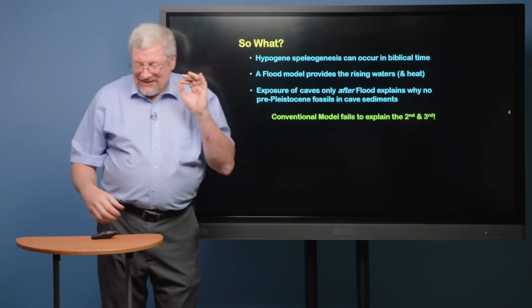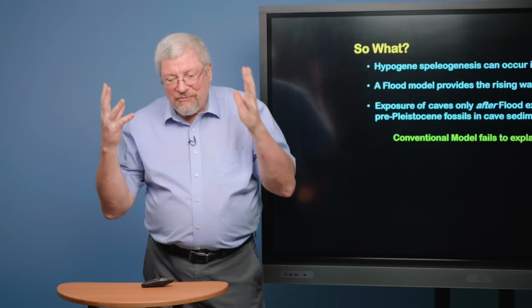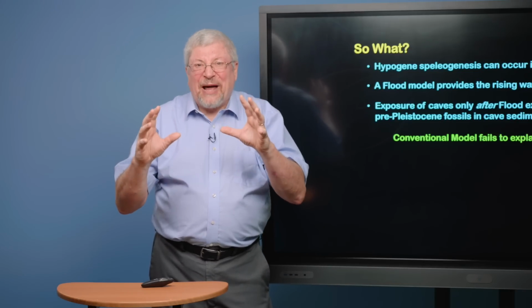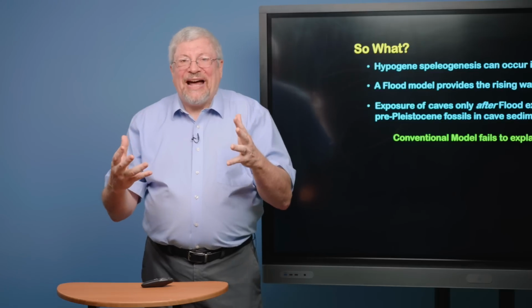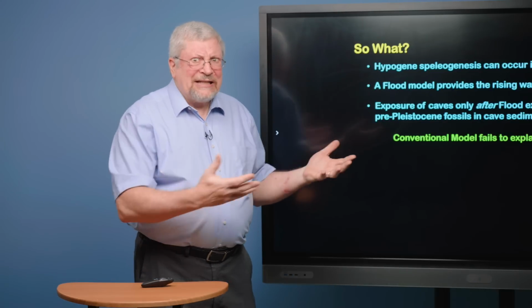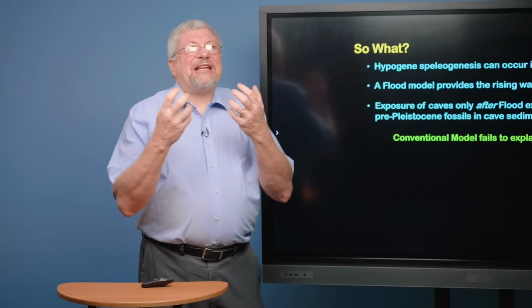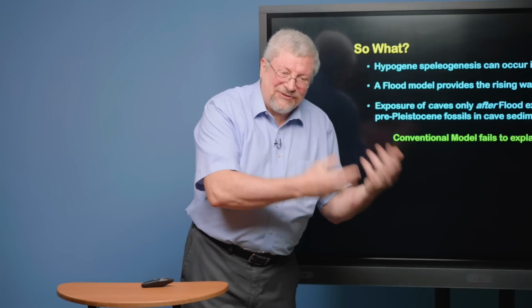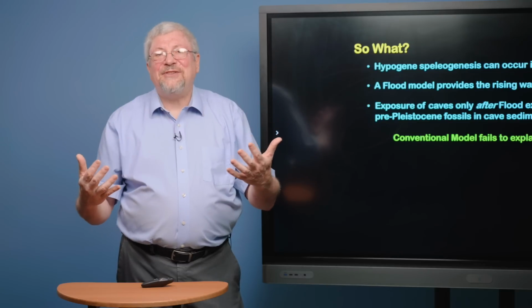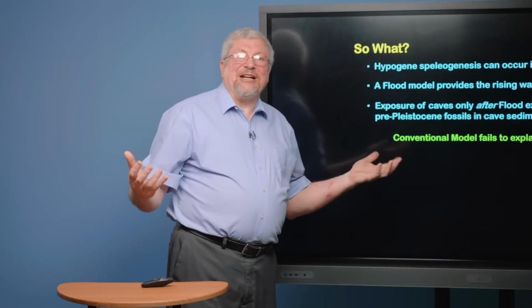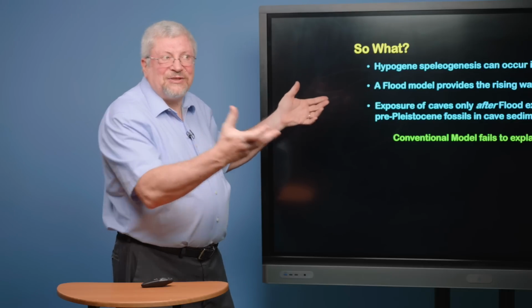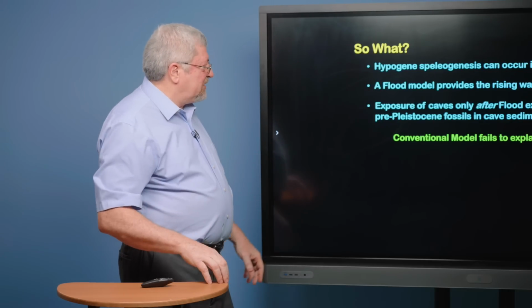This is so much fun: we've got fossil bats in the fossil record. They're beautiful, beautiful fossil bats. The oldest fossil bats are not found in cave sediments. They are found in lake sediments. We have cave animals that are in the fossil record, but when we find them, the oldest ones are not found in cave sediments. They're found outside of cave sediments. It's not until the Pleistocene that we finally get bats preserved in cave sediments.